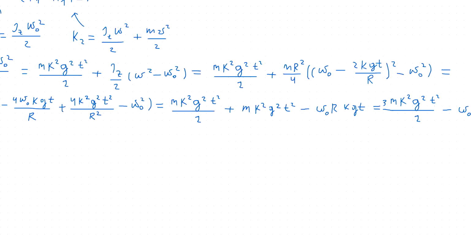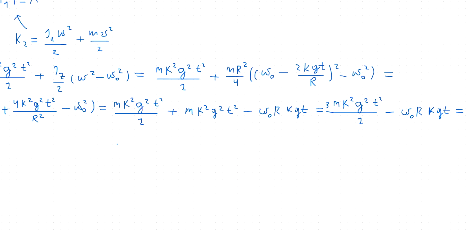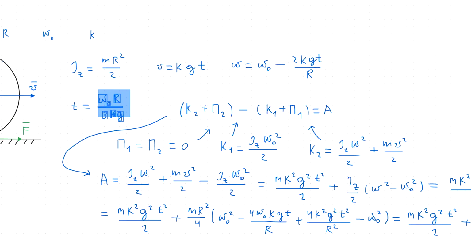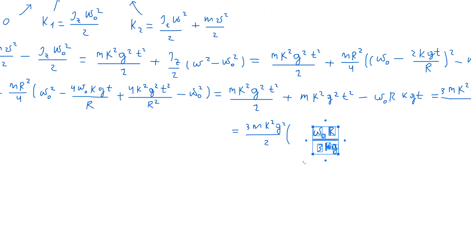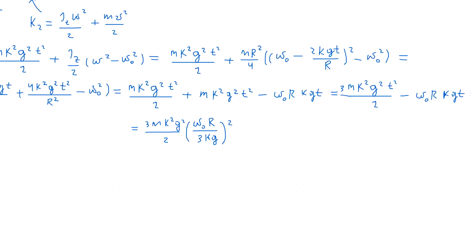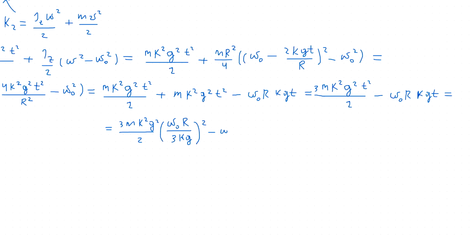So we'll have it equal to 3m k to the power of 2 g to the power of 2 divided by 2, and inside brackets we will have this value of time to the power of 2 minus omega 0 r k g multiplied by,